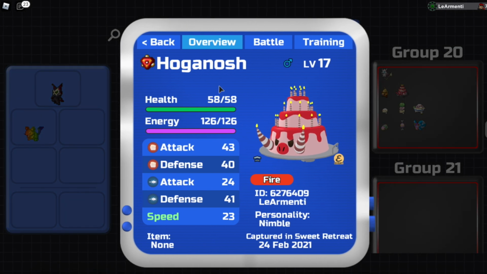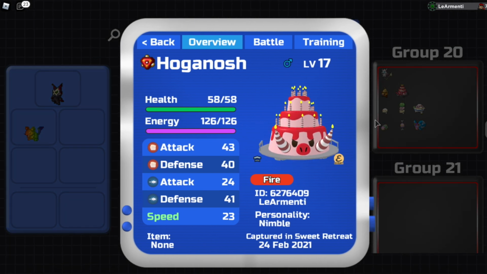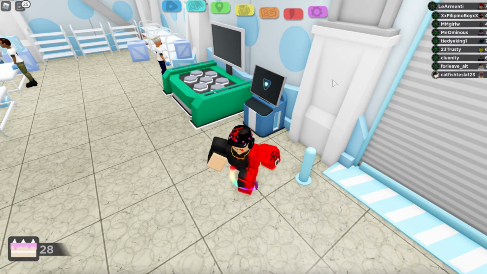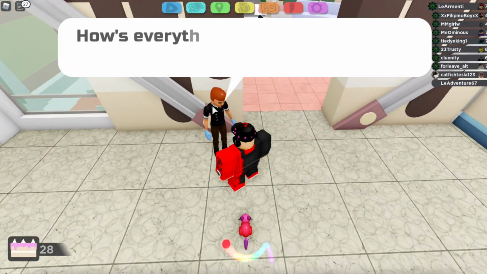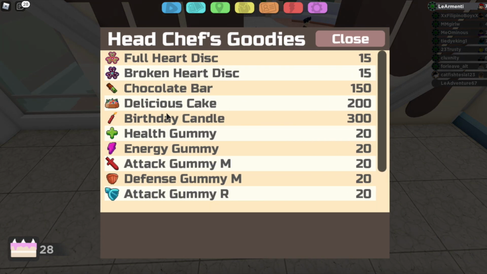It evolves into Hoganosh. To evolve Kupoink to Hoganosh, you're going to want to buy an item. And where do you acquire this item? Good question, Armenti. You're going to want to talk to this person, and he's actually selling something called the birthday candle. To buy the birthday candle, just get to 300 cake points by grinding the minigames, by killing Loomians, capturing Loomians,